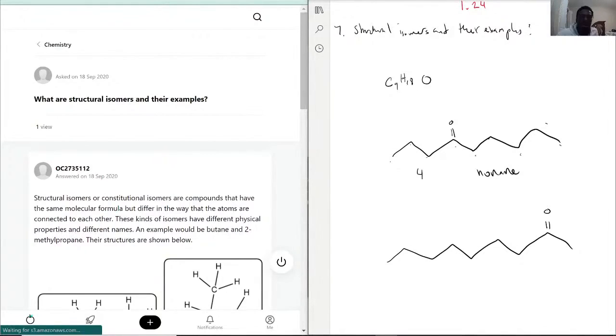So 4, octo, and the oxygen is just right there. I want to say oxo instead. I'm trying to figure out how to do this. Maybe instead of this I can do